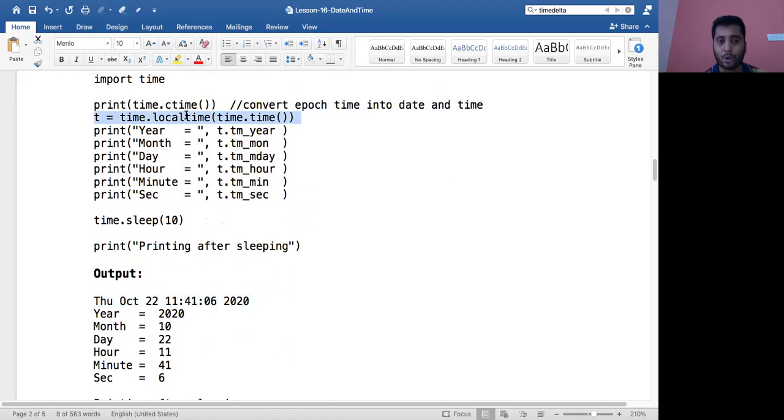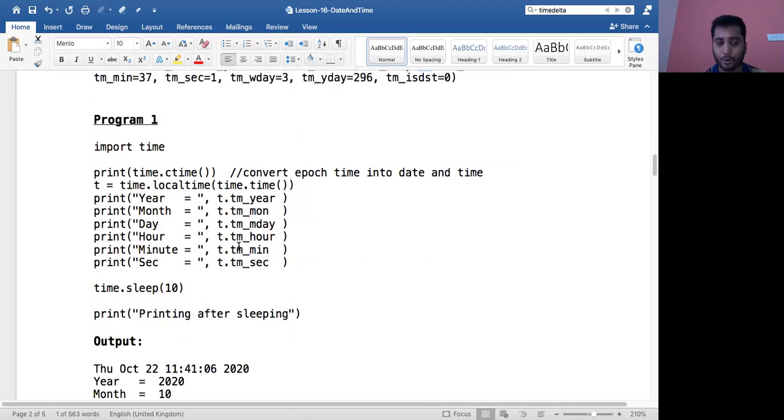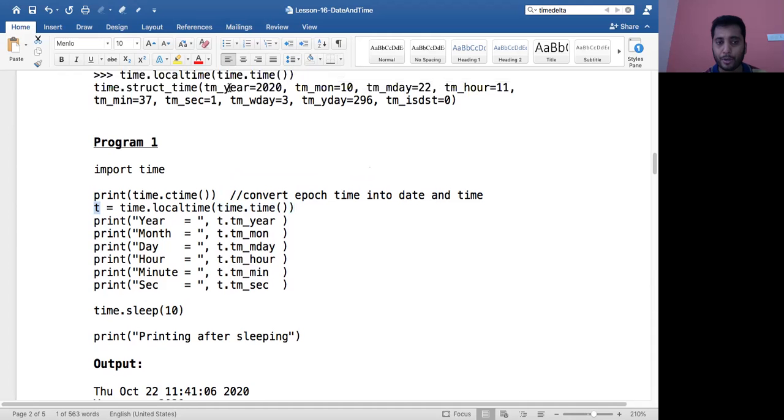And then we need the localtime. I told you that localtime will take your epoch time as the input, and then it will return a structure which contains individual items which refer to the year, the month, the day, the hour, the minutes and seconds, and so forth. So I'm using this localtime function over here and giving it the epoch time as the input. When I give this, it returns a structure, out of which I can individually